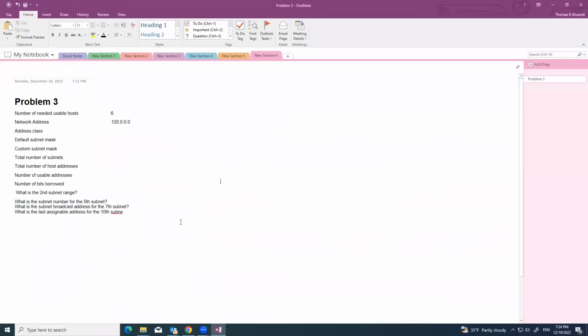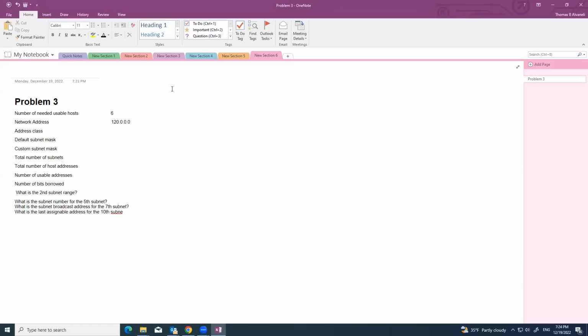Today, I'm going to explain and demonstrate how to solve this type of problem. So here is the requirement. The number of needed usable hosts: we need 6. Network address, it's